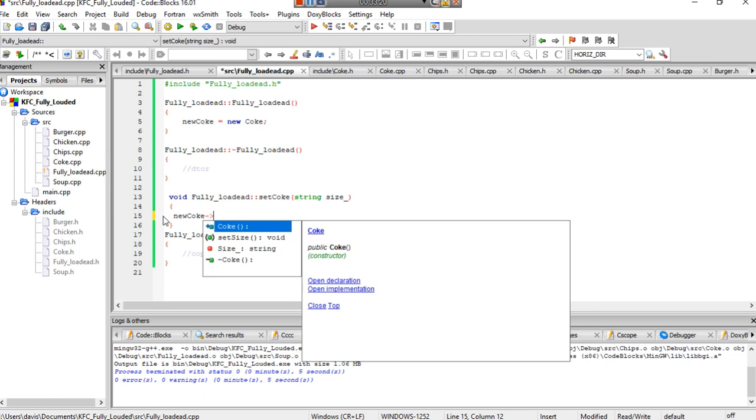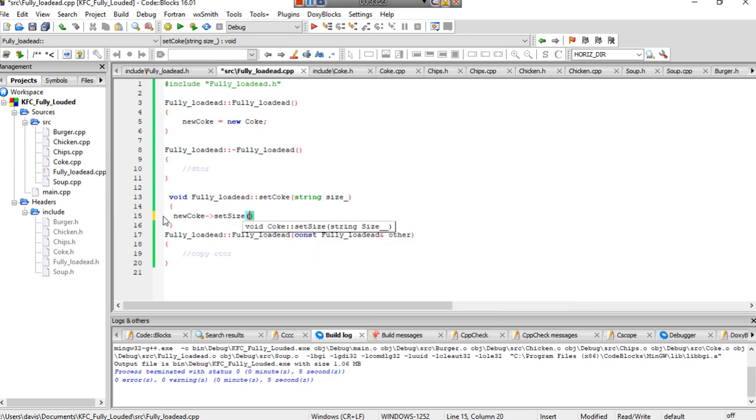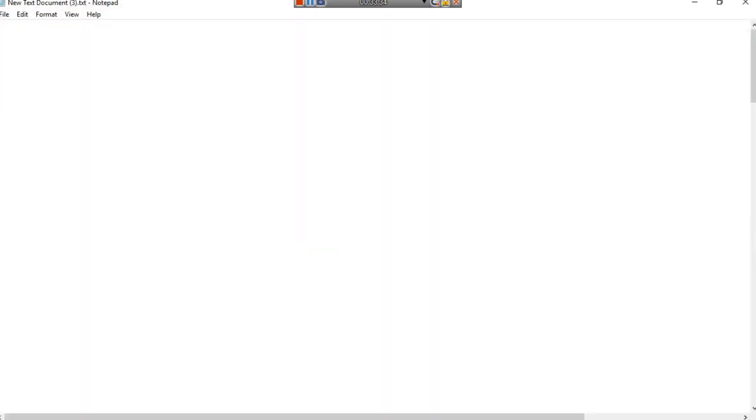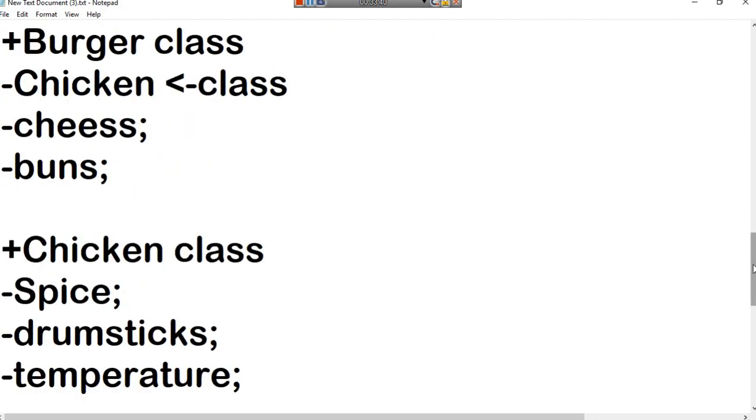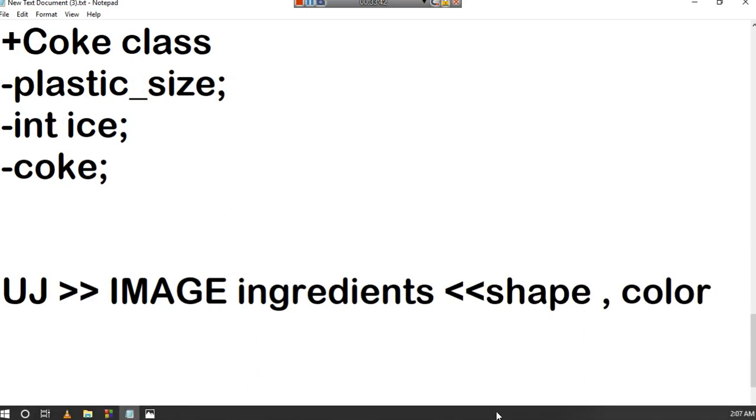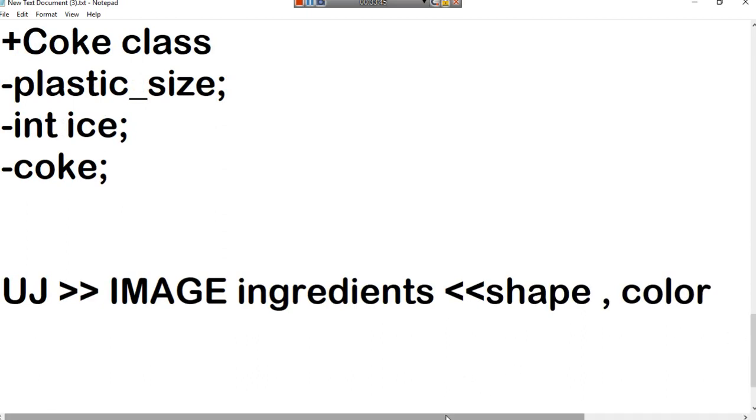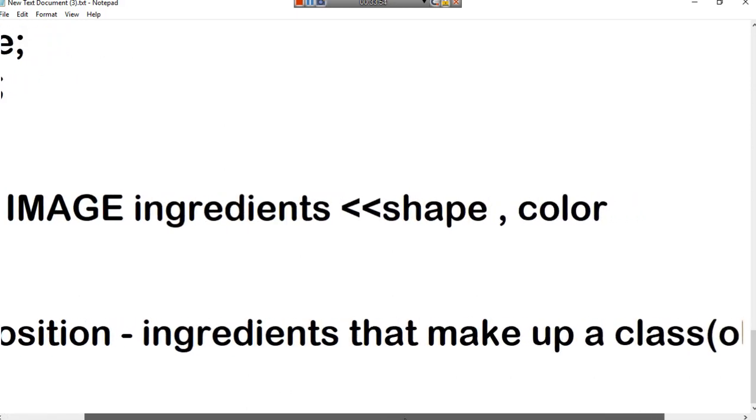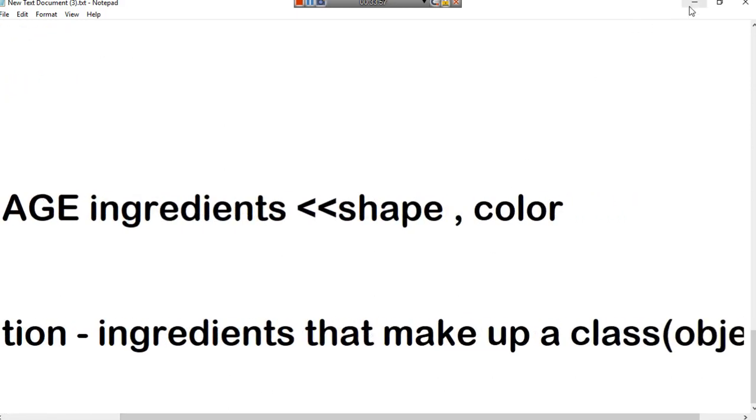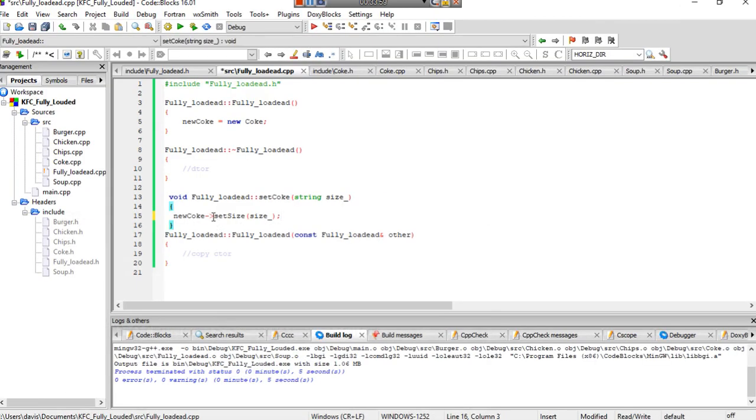What do we want from new coke? We want which method? setSize. What do we put in setSize? It needs size. So this is how we call methods from a class, from the ingredient class, because remember our definition for composition is that composition is what? It's ingredients. If you go up, let's go up for the definition. Composition is ingredients that make up a class. So to use the ingredients in the class, we need to use